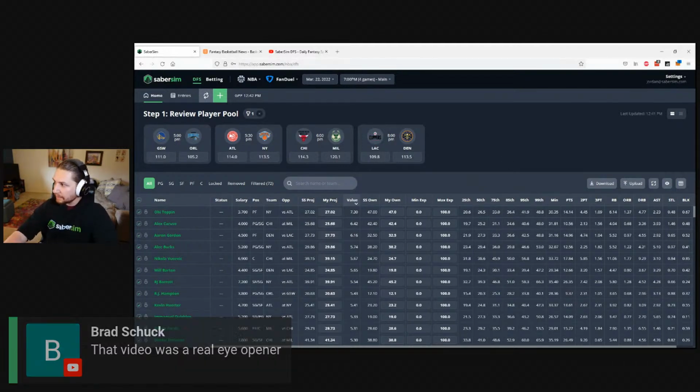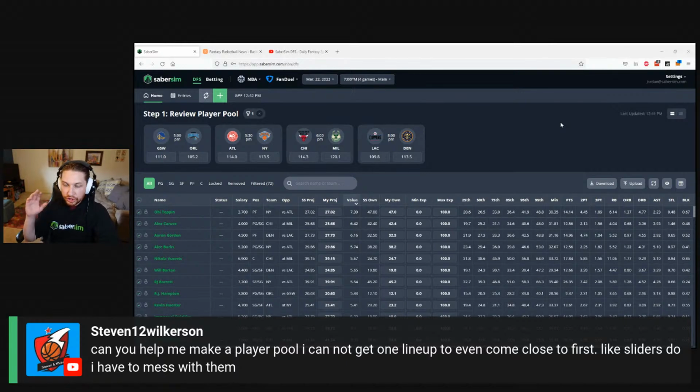But believe me, Steven, if there was something that we knew that you could just do here, that I would say, oh, you're stuck, your slider should actually be this, then those would be the defaults. Or if there was a player pool thing that I could say, change your player pool, only include players that are playing more than 20 minutes a night, that would be the default value. Our goal here has basically been to identify as many value adds as possible and automate them to take out as much busy work as possible, and give you the opportunity to add additional value to yourself from there.